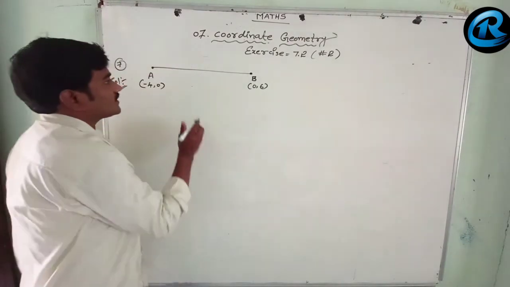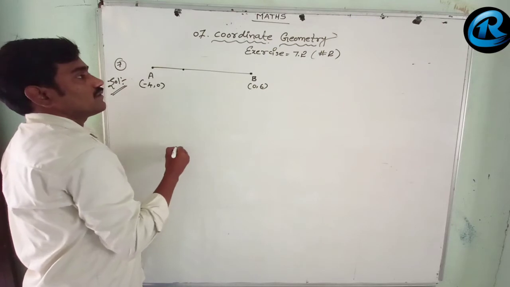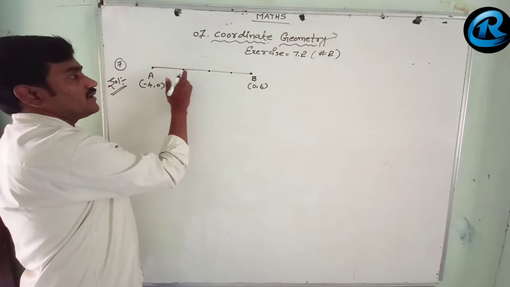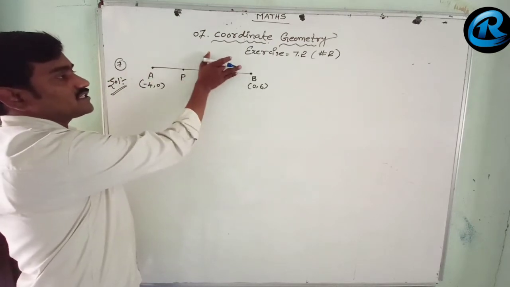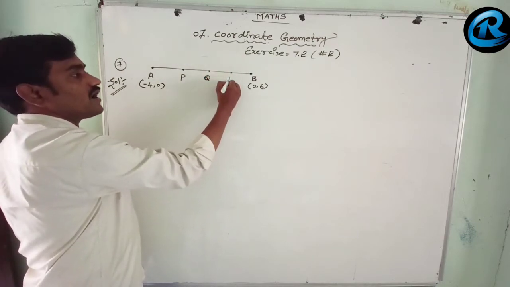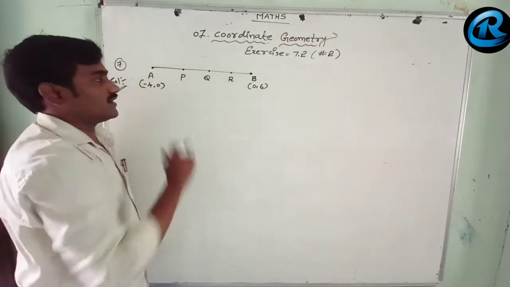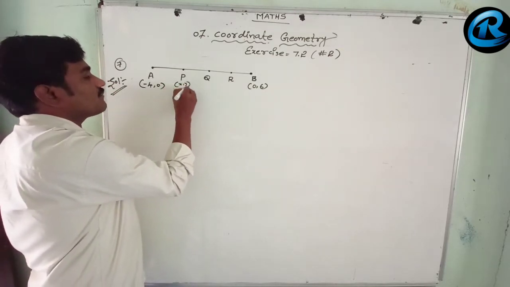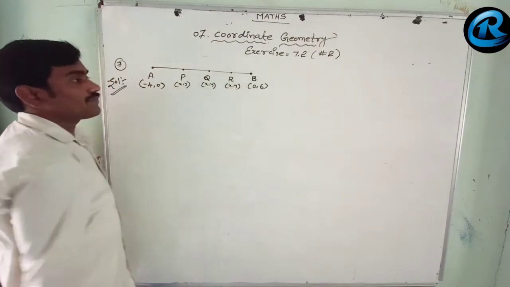Yesterday in the introduction class, that means in the last class, I told you P, Q, R. If I write P only, it divides the AB line segment into 2 parts. If I write Q, it will divide into 3 parts. Now I have to write one more alphabet also, then only it is divided into 4 equal parts. Here P x comma y, Q x comma y, R x comma y.